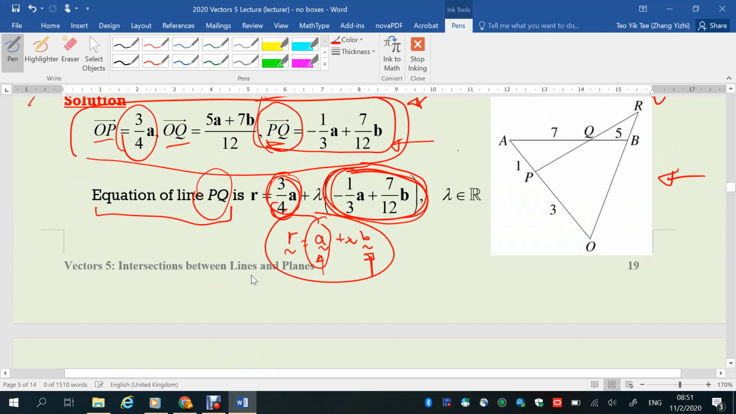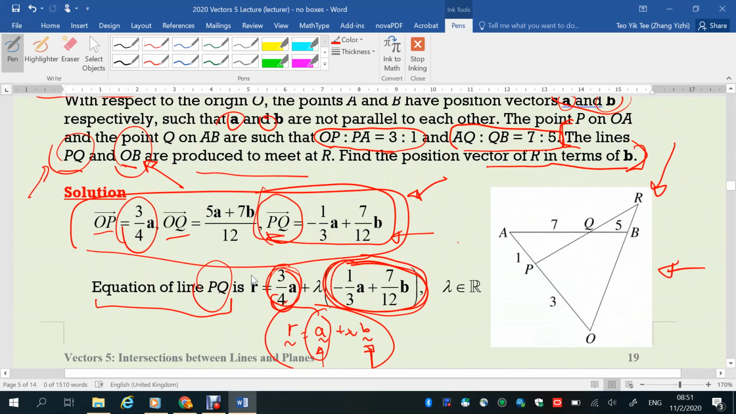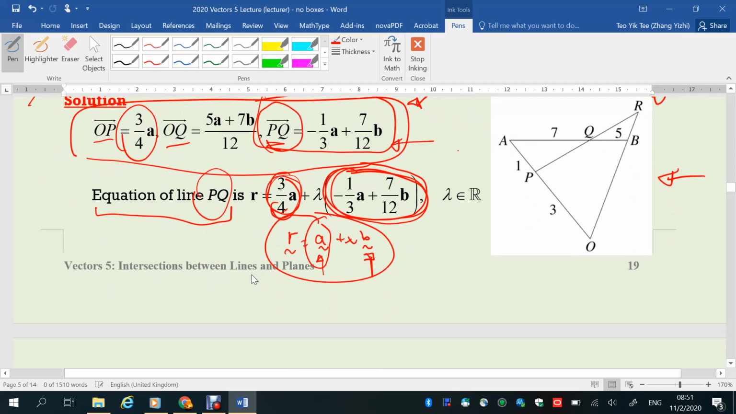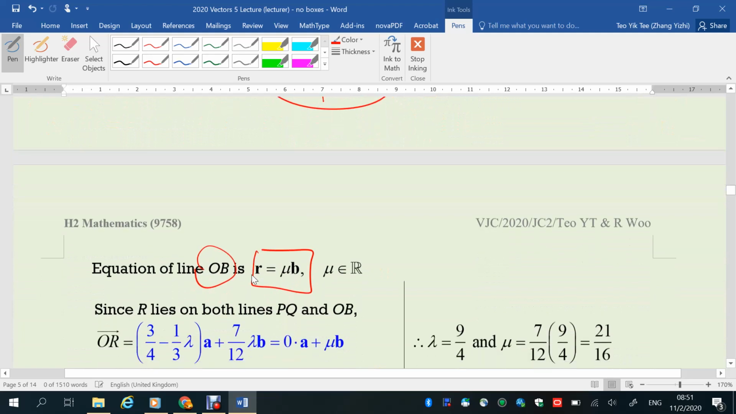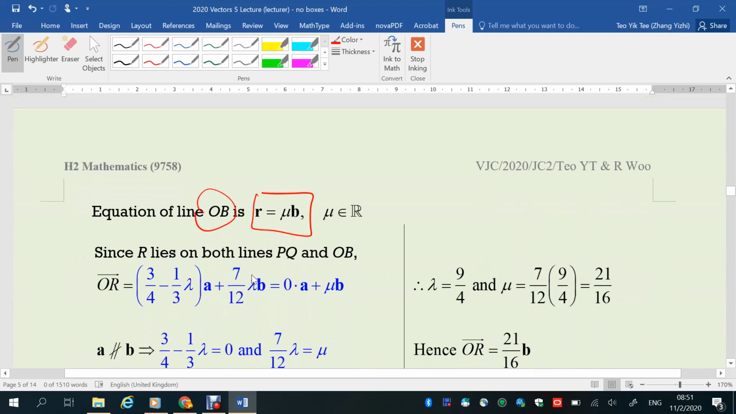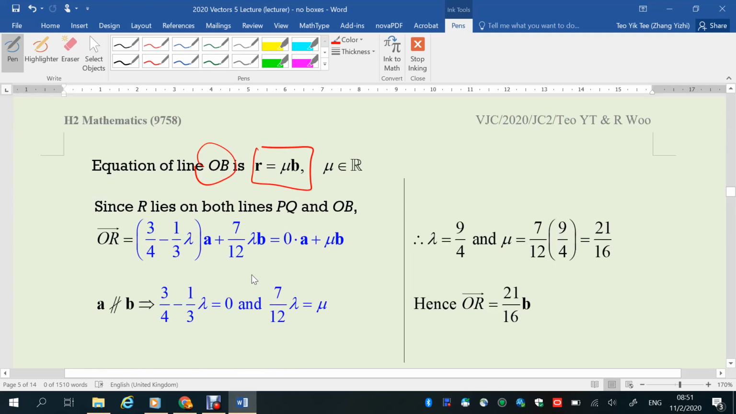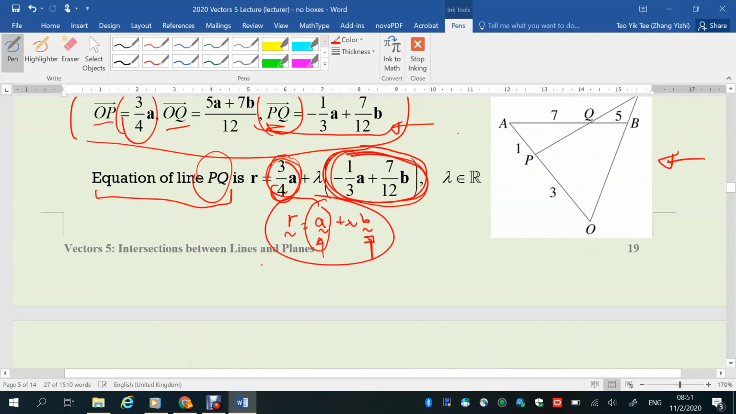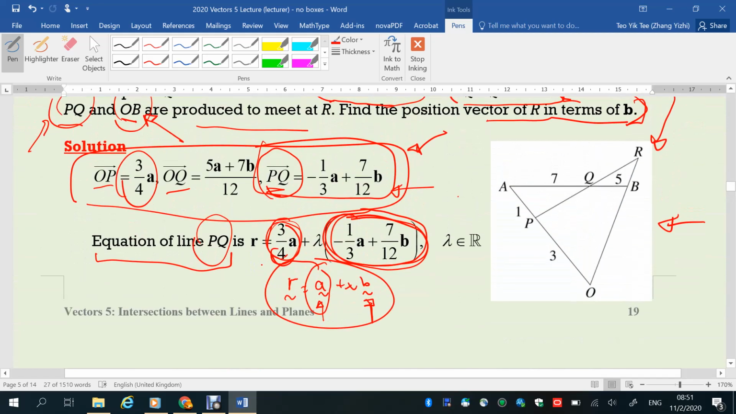Your job now, as I said earlier, is to find the point of intersection of the line PQ and the line OB. So from your earlier example, what I need you to do now is equate the 2 equations together, equate the 2 lines together. So this is your equation of the line here. Line PQ is here,